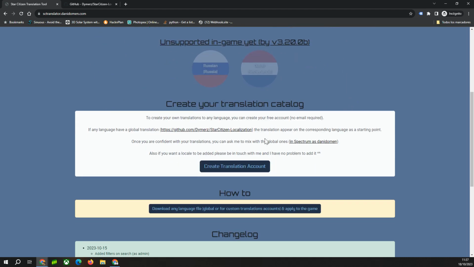So with this tool, I can create a translator account. Okay, this is totally free, with no email and no password required, but it is important to save your hash that the tool will create so you can always recover this information, update it, or share with your translator team, or also with the public that you want to download your translation file.